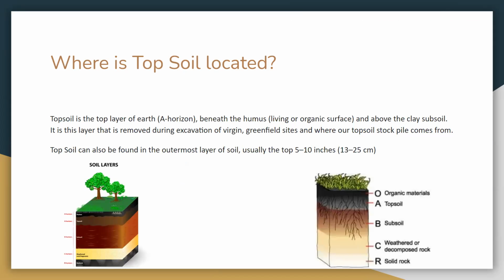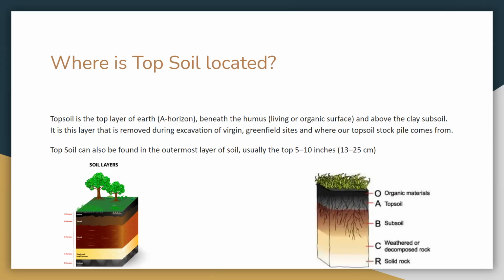Where is topsoil located? The topsoil is a mixture of sand, silt, clay, and organic matter broken down called humus. Humus is above topsoil, while topsoil is about 3 to 10 inches below humus. Humus is a rich and highly decomposed organic matter, mostly made from dead plants, crunched up leaves, dead insects, and twigs. Topsoil is the home of living things, and the material that they make or they change can affect the